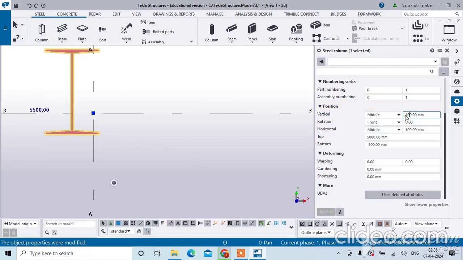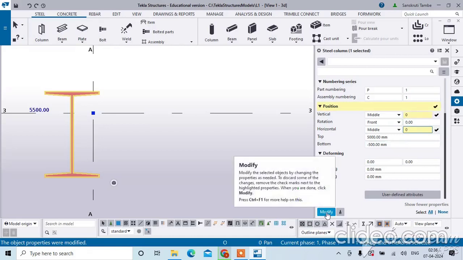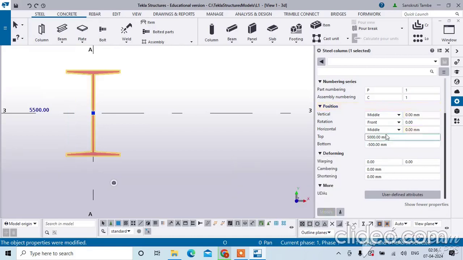If I add minus 100 over here, you can see it will be moved by 100 mm on the right side. Based on the position, you can change or get the required position by using these position options. Similarly, if I want to rotate this column,